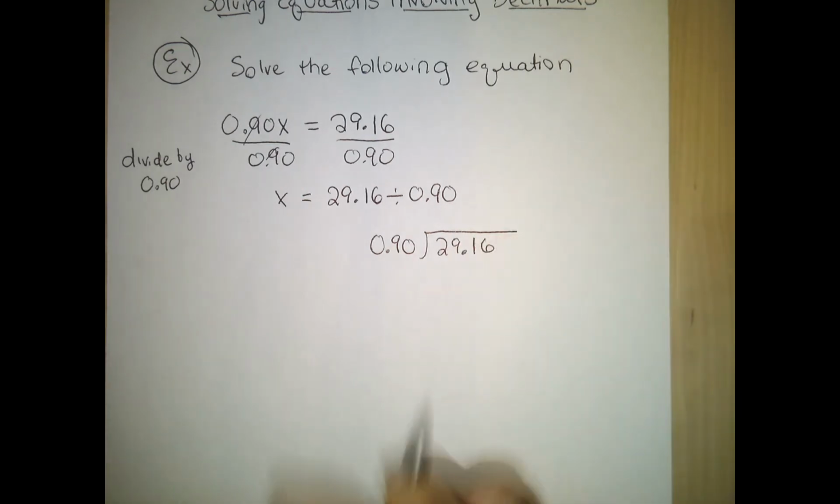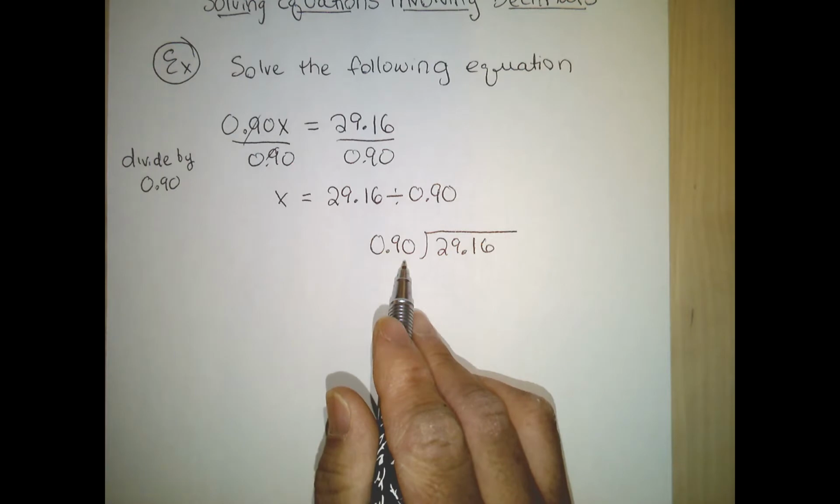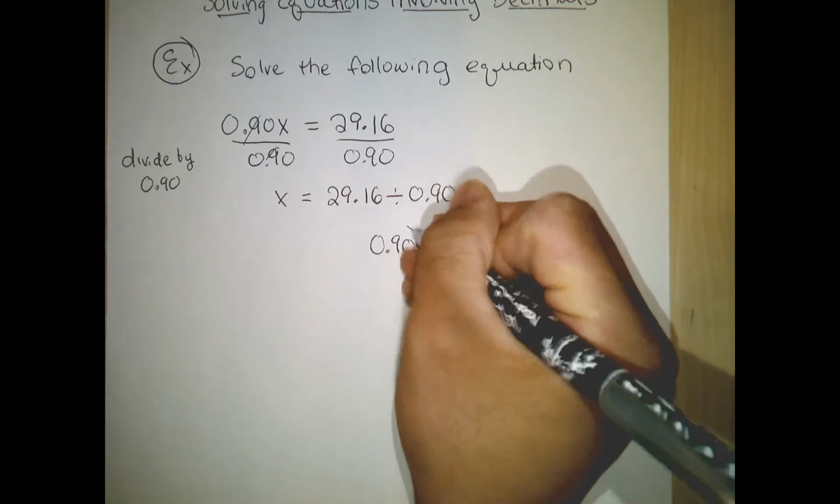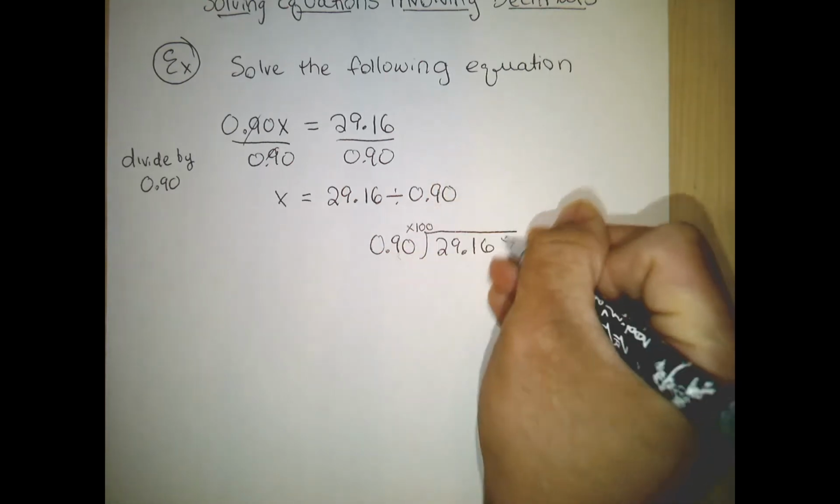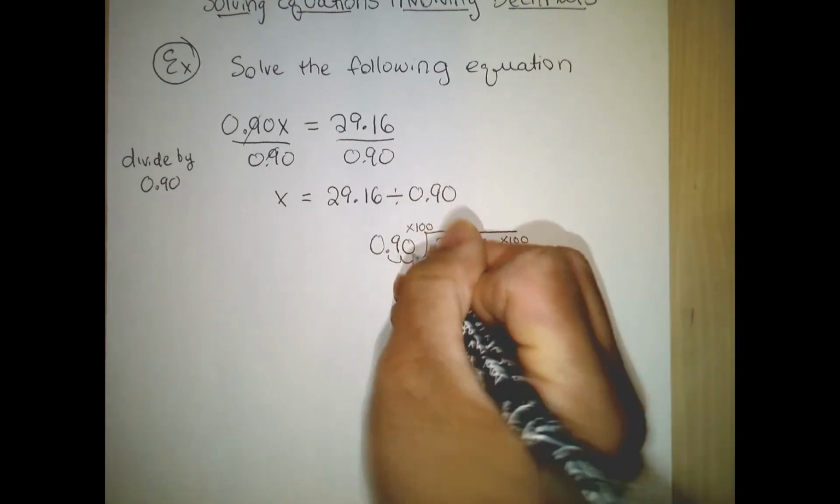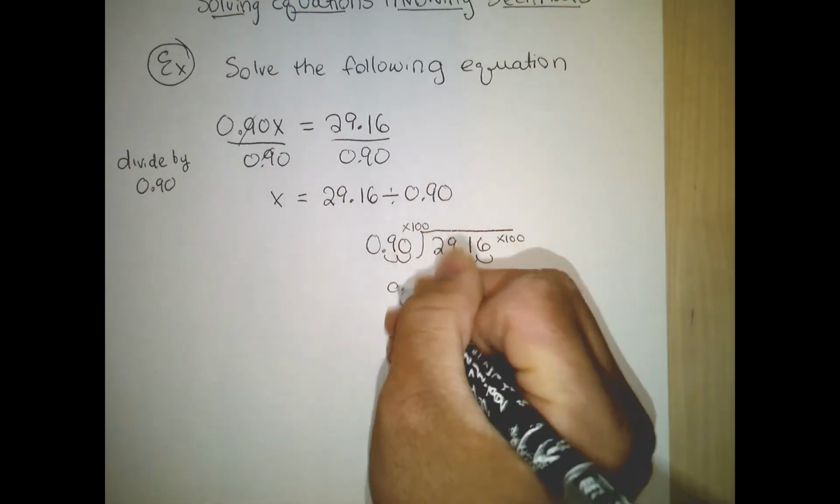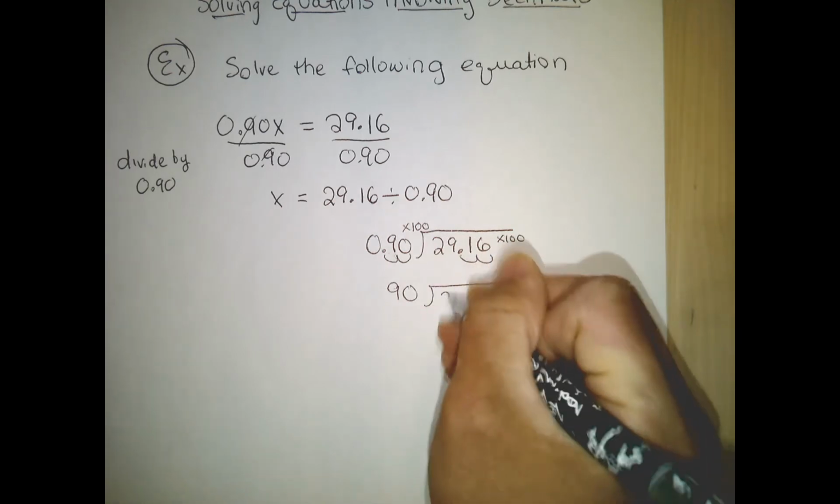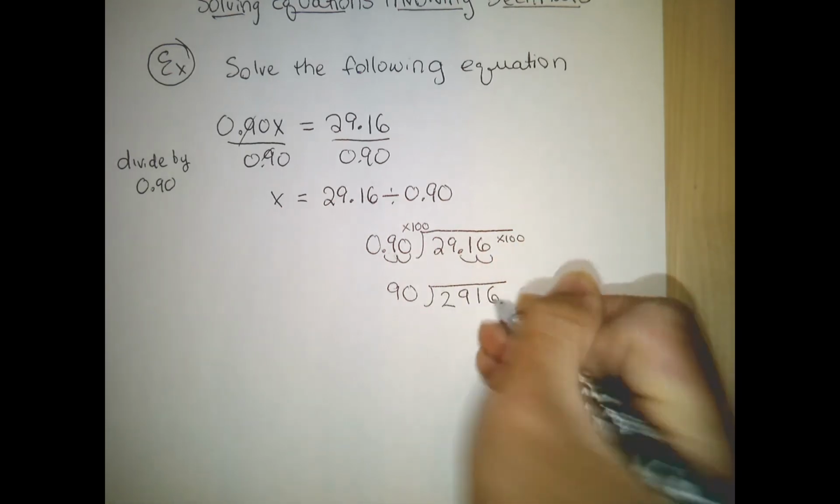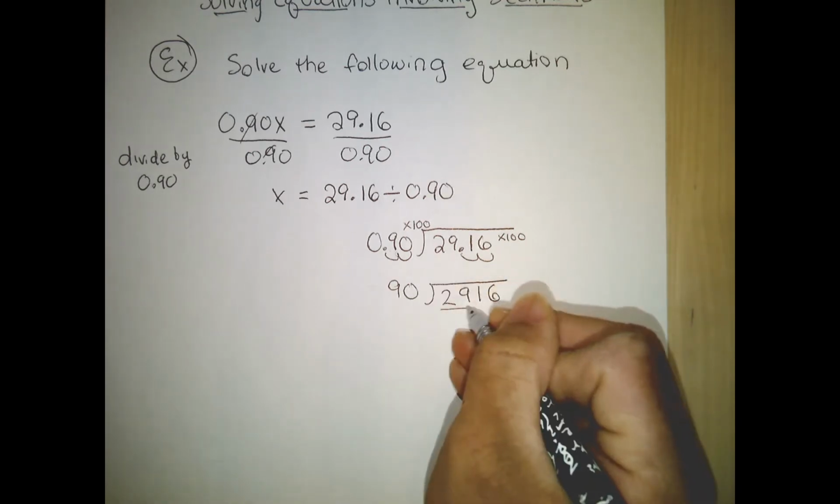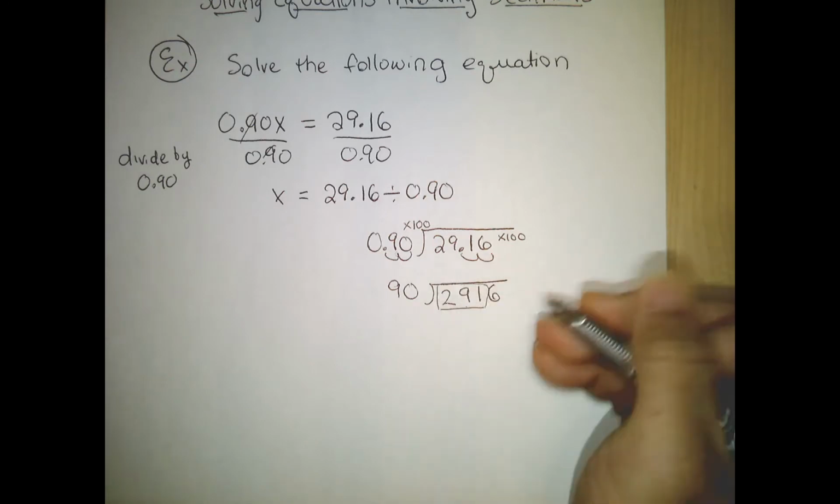29.16? All right, so we need the divisor here to be a whole number. So we're going to multiply this by 100 and multiply this by 100. And that's equivalent to moving the decimal point over 2 places to the right. So we have 90 goes into 2,916. All right, so 90 does not go into 29, but 90 does go into 291, and that would be,